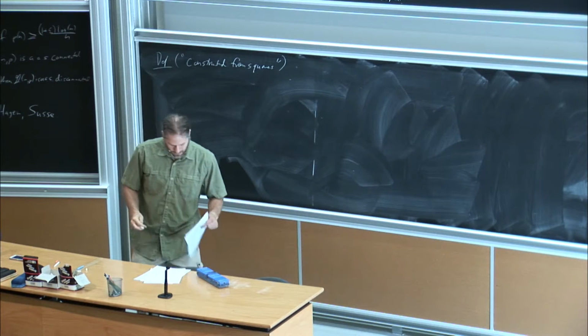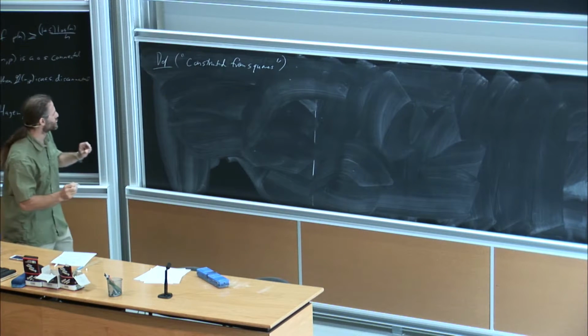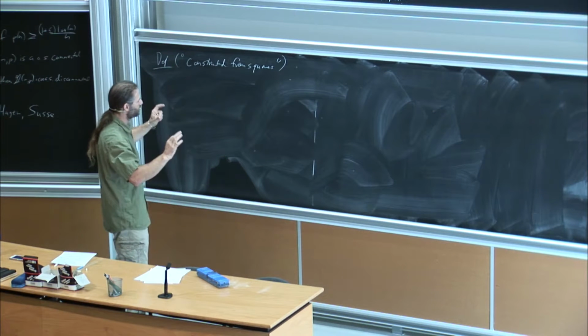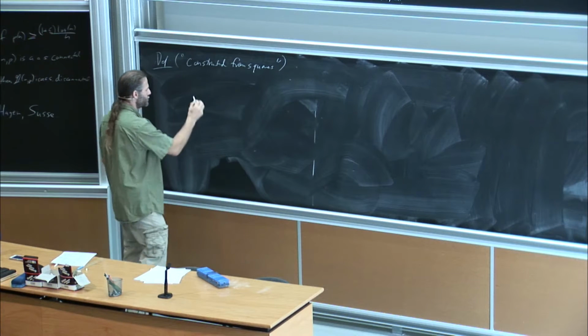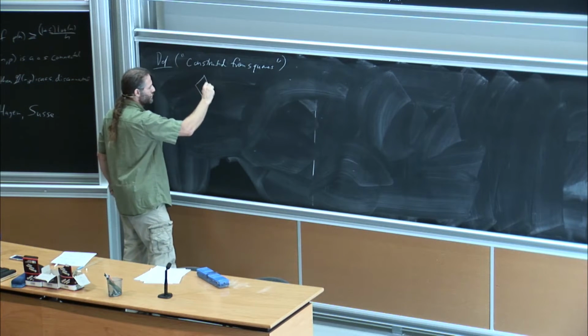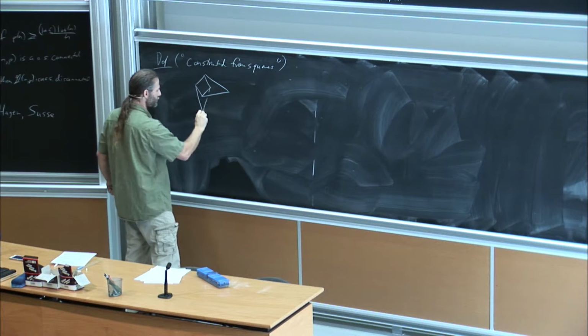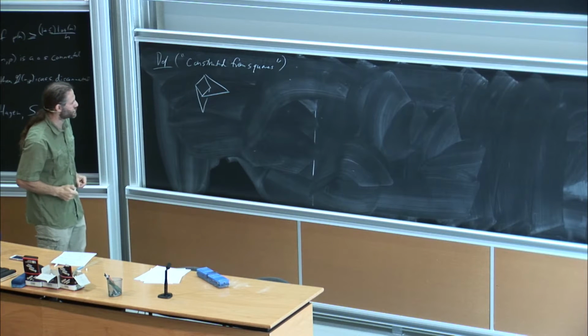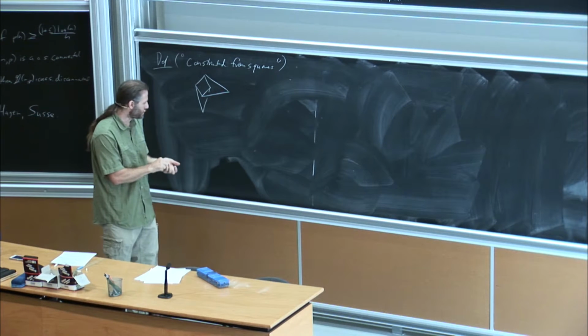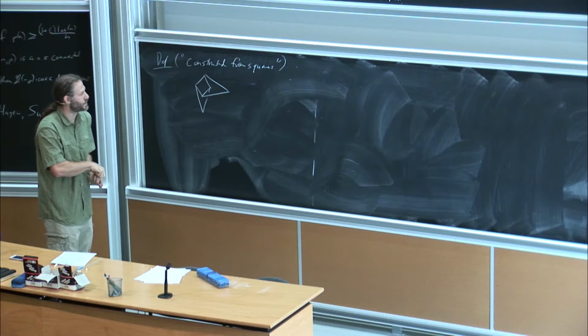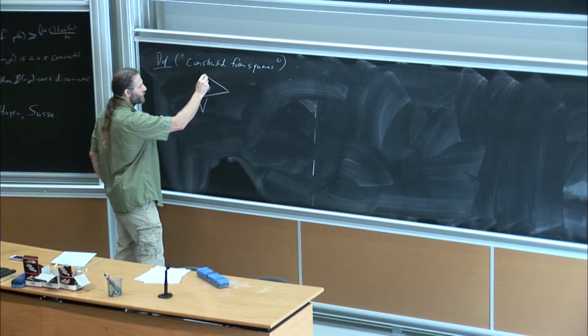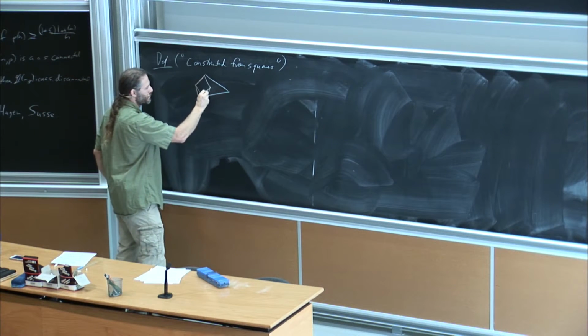I was going to tell you the exact definition, but just for the sake of time, let me just tell you what the rough idea is. So let me show you one of the main motivating examples, and then this gives you an idea of what the definition is. The idea is that it's constructed from squares. What does it mean to be constructed from squares? It means that you can find some particular square